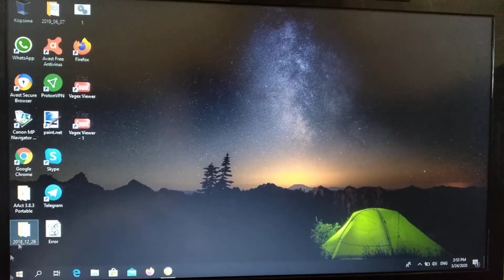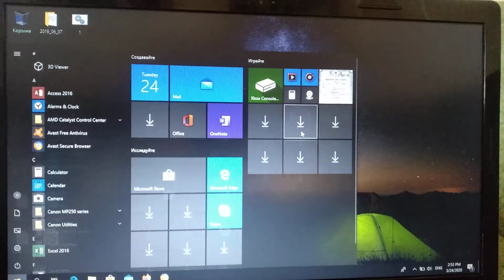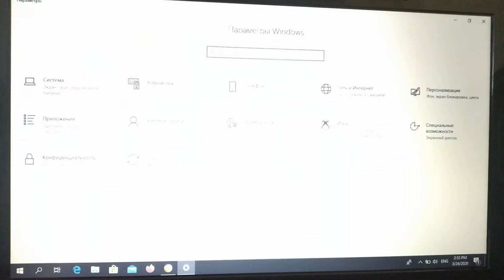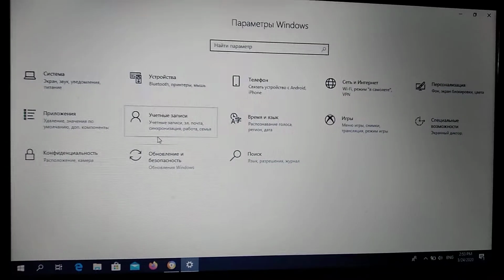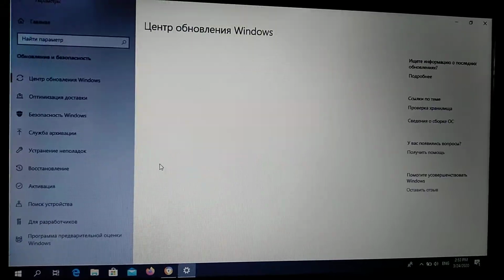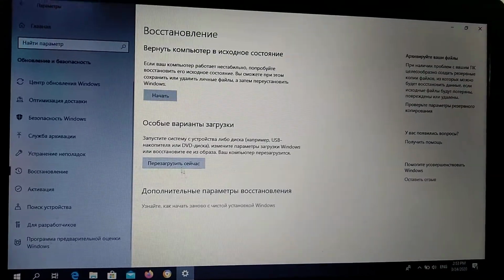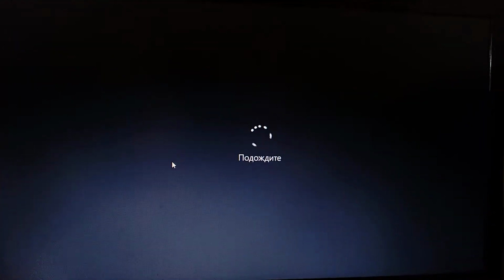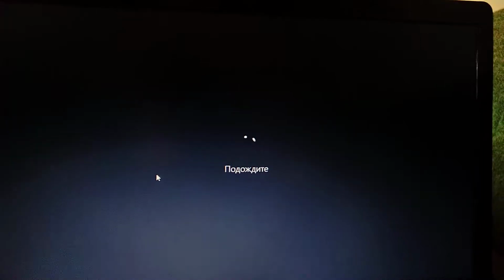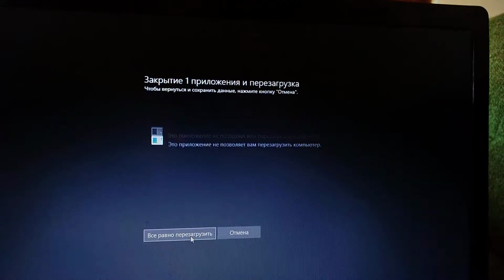So for doing this you just need to go to the Windows tab and choose settings from here. After settings open, you choose Update and Security. Here you choose Repair, and here you will see Restart now. So you just click on Restart now and wait after the computer restarts, and you will see your installation